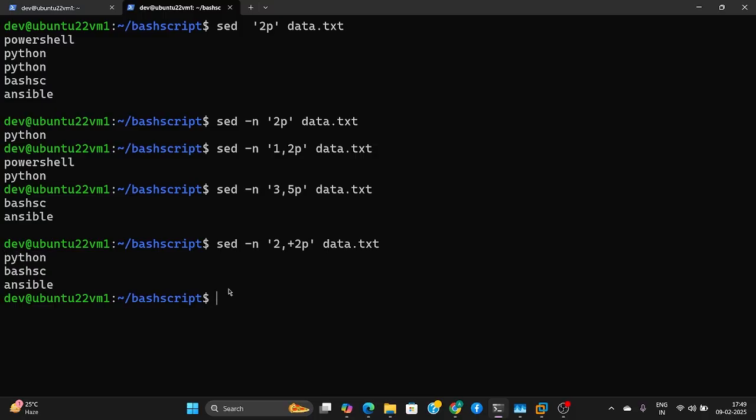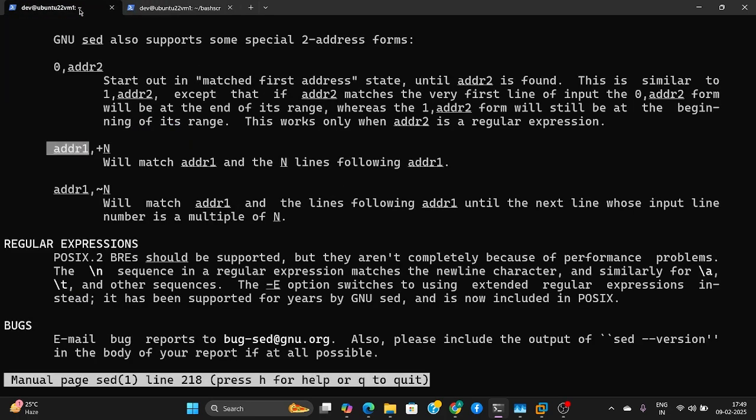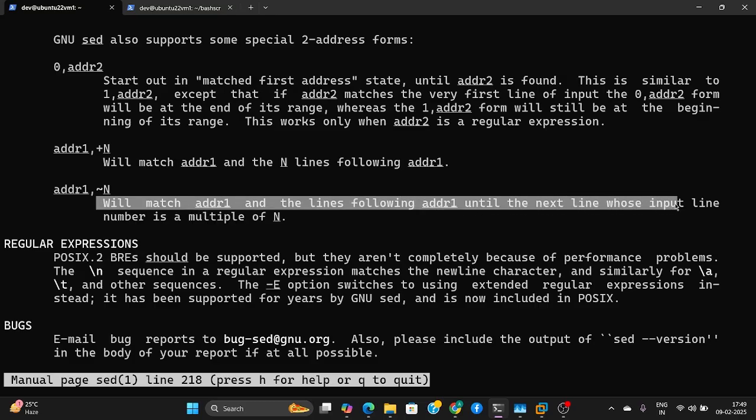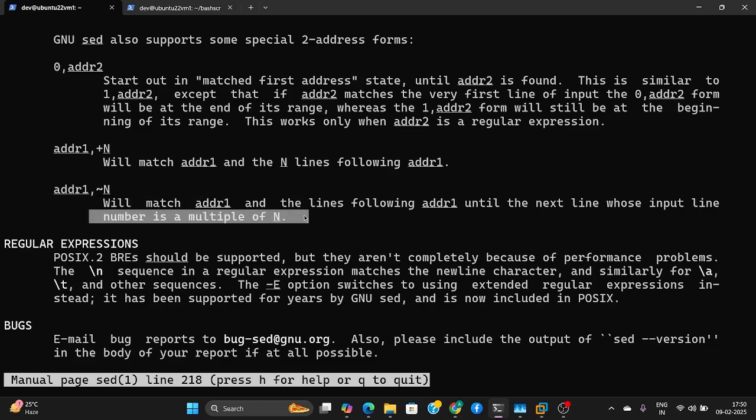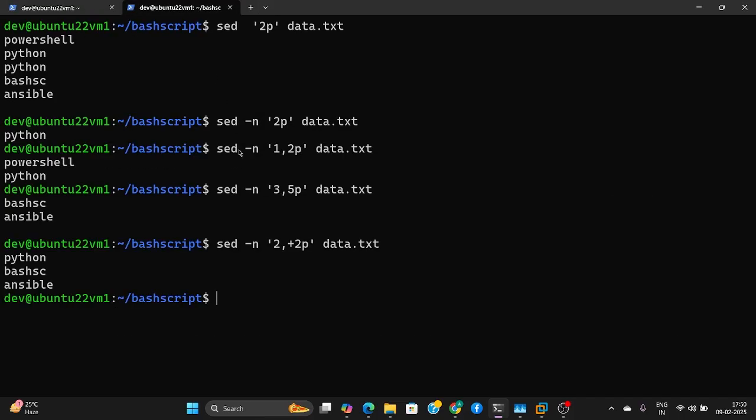It's just for addition. And in the same way we have a tilde and n. So what does this mean? It will match address 1 and the lines following address until the next line whose input line number is a multiple of n. That means divisible by n. For example, if I put here